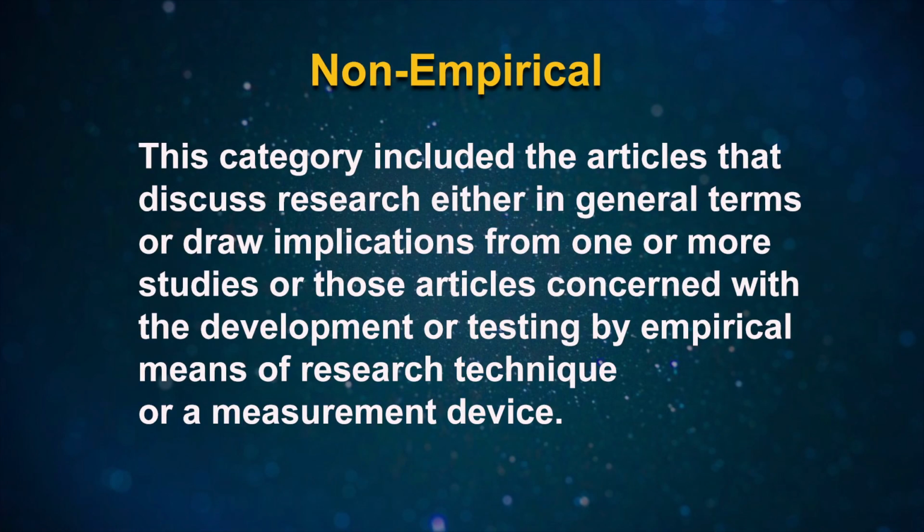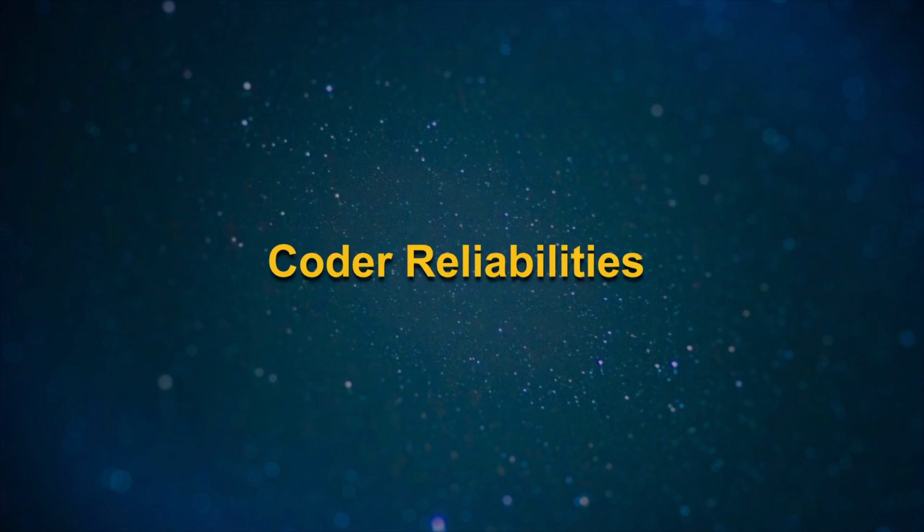This category included the articles that discuss research either in general terms or draw implications from one or more studies, or those articles concerned with the development or testing by empirical means of a research technique or a measurement device. Coder reliabilities. The analysis was carried out by going through the articles as per the article reading schedule prepared by using